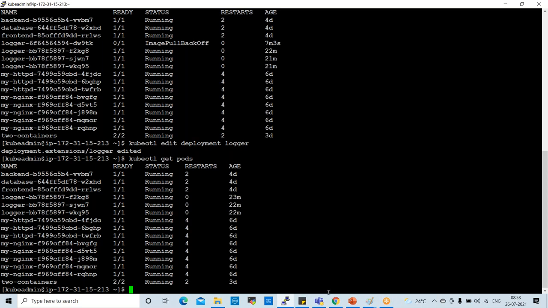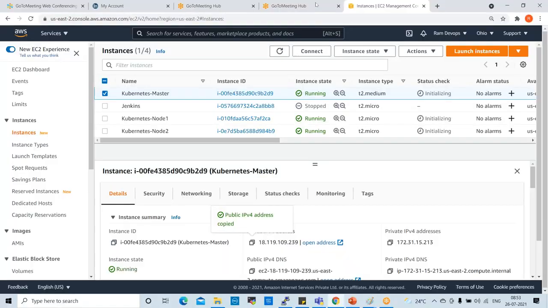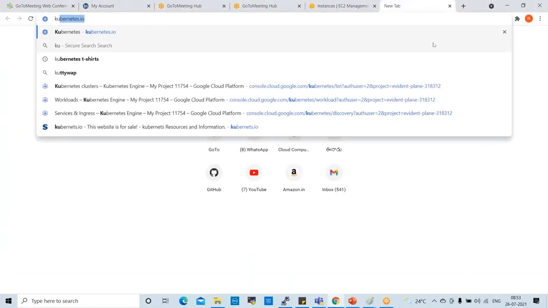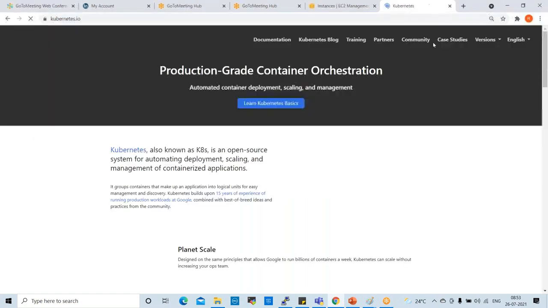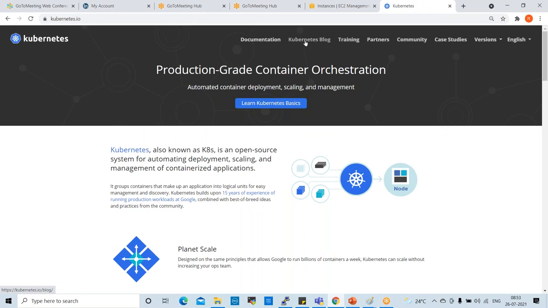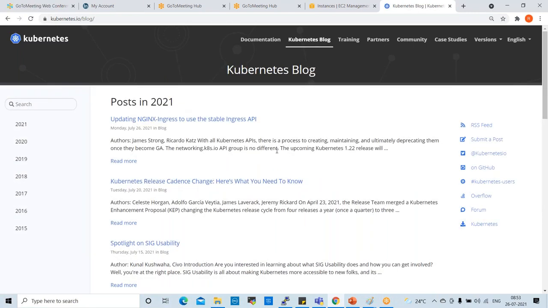I'll give you some information here about troubleshooting. Go to kubernetes.io and go to Kubernetes blogs. Click on Kubernetes blogs, second tab. Here you have a lot of information. See here, 2021, 2020, 2019, 2018, year on year, some updates.